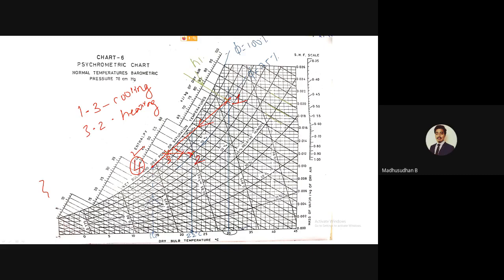Okay, so here it cuts, and what is the value here? This is H1, correct? And similarly, trace the H2 along the isoenthalpy curve here. So this particular value would be H2. And how about H3? Same again, trace it. So this particular value would be H3.